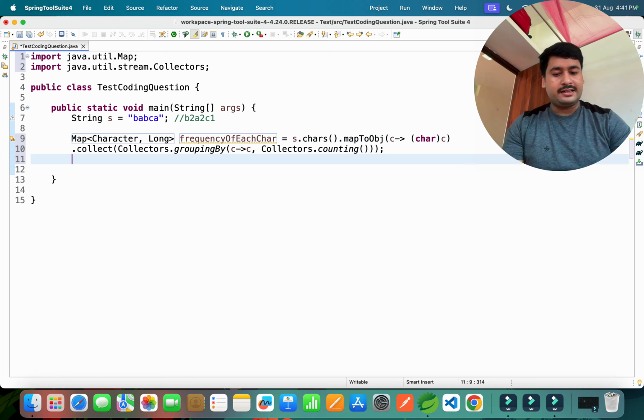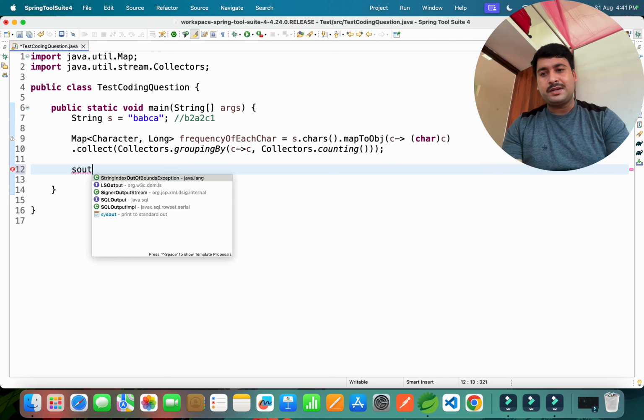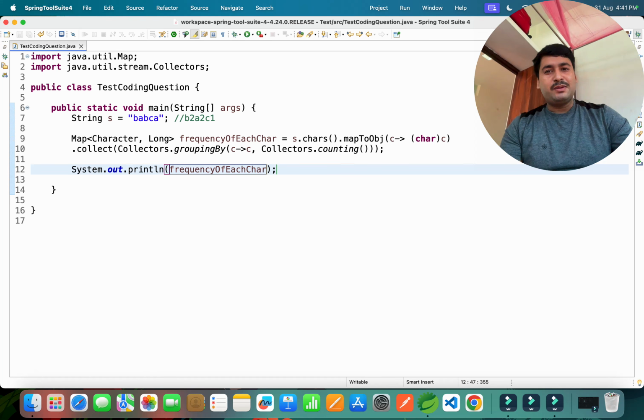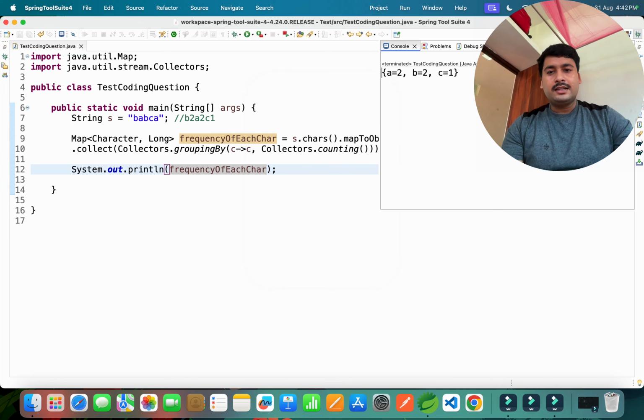Now some people are just printing it and saying, okay, it's working properly. Let me print and show you. If I print it, you can see a 2 times, b 2 times, c 1 time.